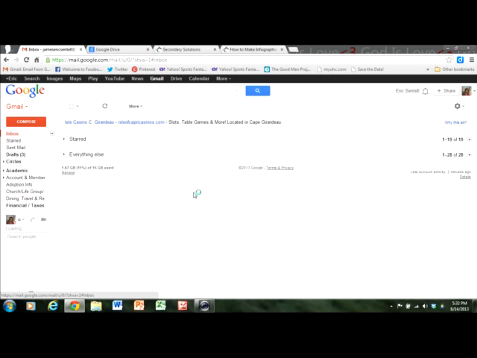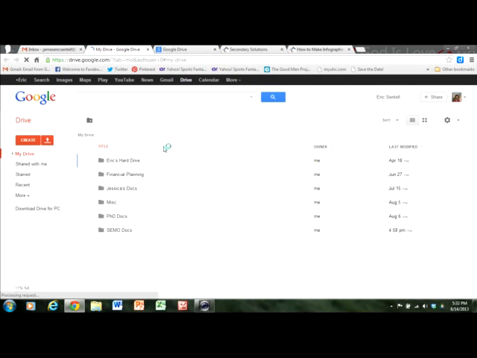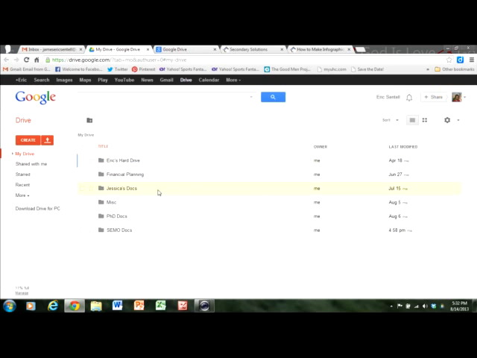So if I go the Gmail route, you'll notice that it takes me to my Gmail. And at the top, where I'm putting my mouse cursor, there is a menu which includes Drive. And if I click on Drive, that then opens up, ta-da, my Google Drive. As you can see, I have many different folders here, but you will not have any folders until you create them. If I were to sign in this way through drive.google.com, it would take me to this same place. So again, it's really your preference of which way you want to do it